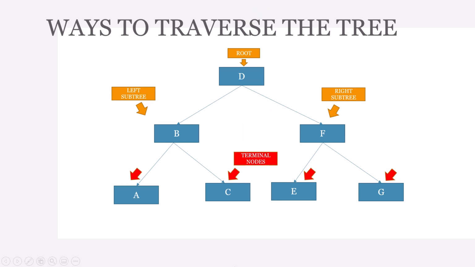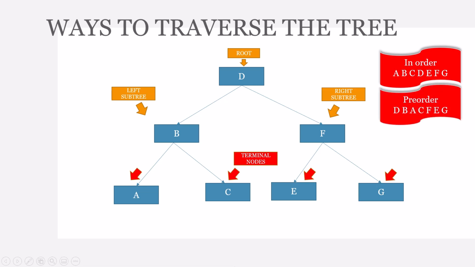Now we could traverse this tree using the in-order approach, which means that we access the left subtree first, that's A, B, C, then the root, D, and then the right subtree, E, F, and G. We could also traverse the tree using the pre-order approach, which is the root first, then the left subtree, and the right subtree. Or we could traverse the tree using the post-order approach, which is the left subtree first, then the right subtree,